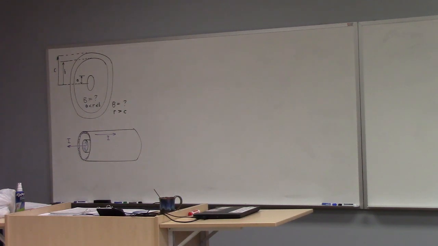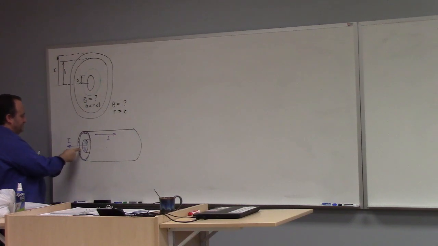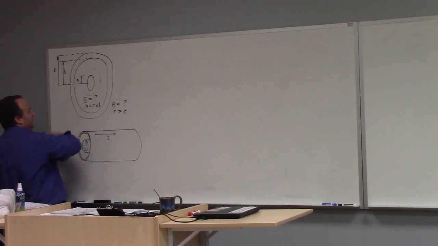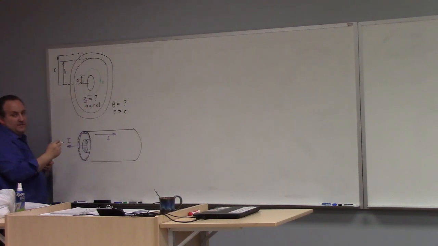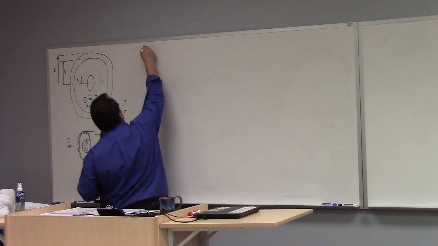Okay, so let's just apply Ampere's law, right? So imagine, I'm just going to draw it in my two-dimensional picture because it's easier, right? So if I make my Amperian loop like right here, right? Then the current, let's say the current's coming out at me, okay? Then the magnetic field lines wrap around there like that, right? Those are my B field lines. And so in case A,